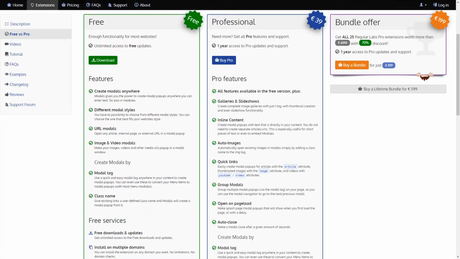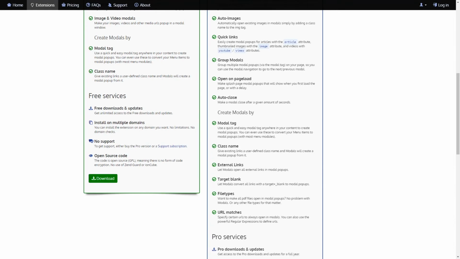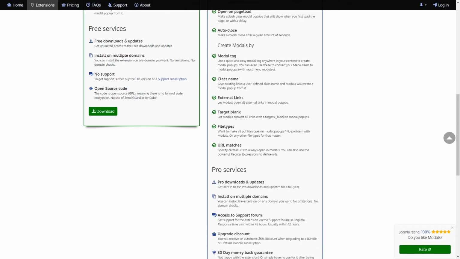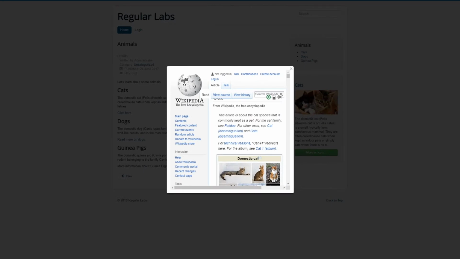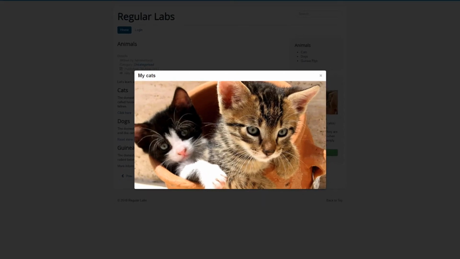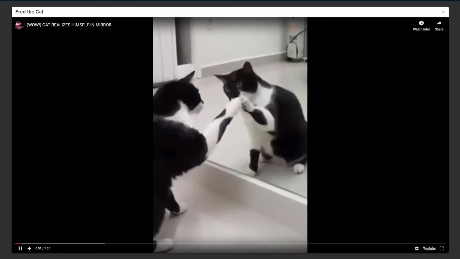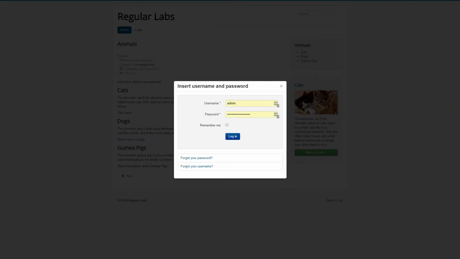In the next video, we'll get into all the amazing stuff we can do with Modals Pro, like inline content, galleries, opening modals on page load, auto-closing modals, opening modules in modals, and much more. So just to recap, we have seen how easy it is to create a modal and customize its appearance. We have learned how to create a modal for images and videos and how to use the Modals editor button to help us along. And we've seen how to open a menu item in a modal